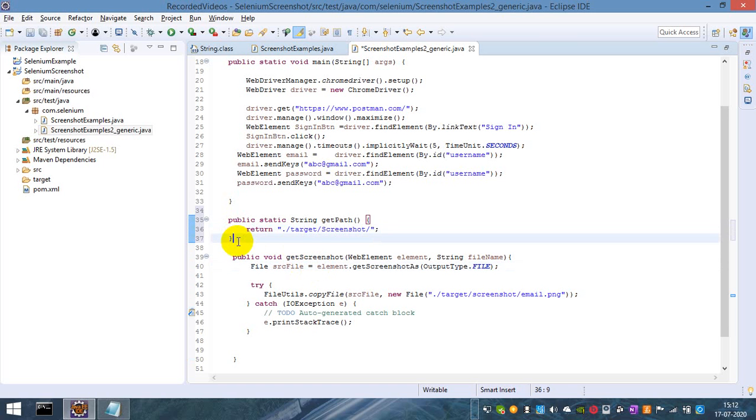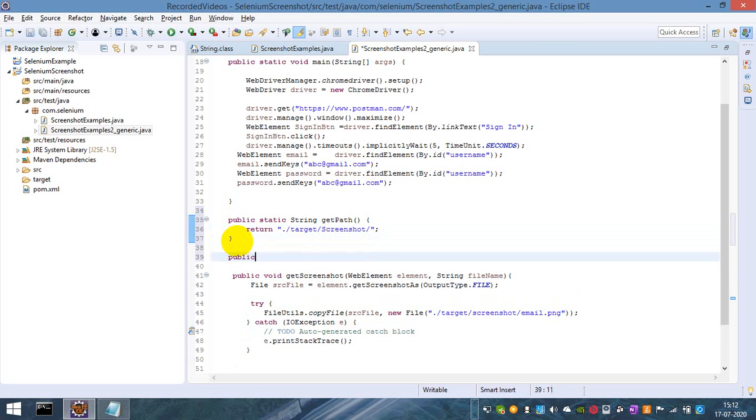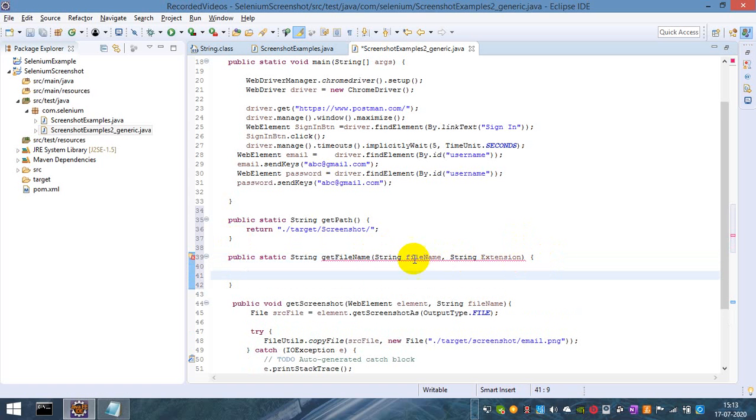Let me create another method called getFileName. One will accept my file name, and another will accept my extension. What kind of extension? PNG or JPG extension, whichever your system supports.